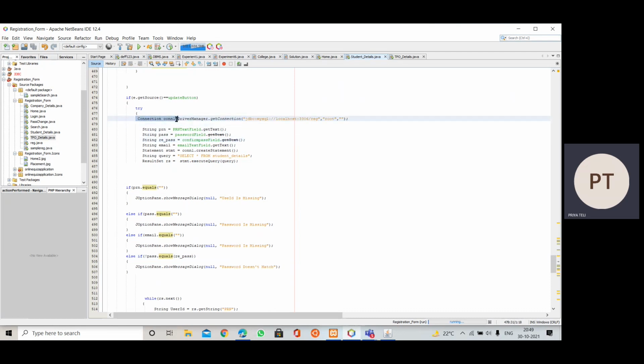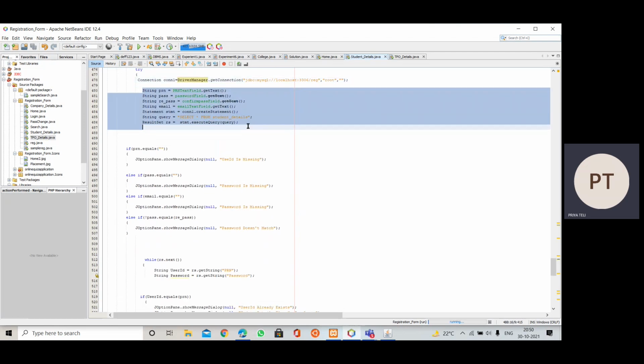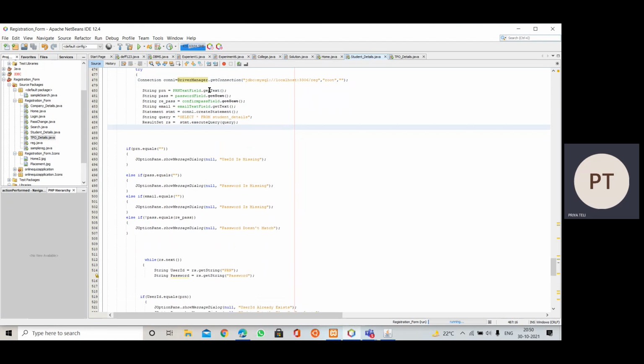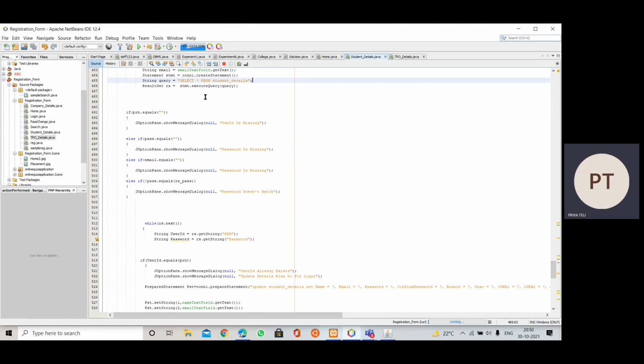We have created a Connection interface object, and with the help of DriverManager we have the getConnection method. We have passed all the database details, and also we have collected the strings or the data inserted into the text fields as we have discussed above. And we are going to select everything from student details and execute this query.